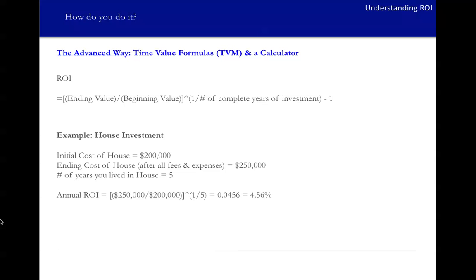So another way to think about this annual ROI is if you invested 200,000 into a savings account or a bond, and it gave you 4.56% annual ROI, at the end of that time frame in 5 years, you would have $250,000. So it's another way to think